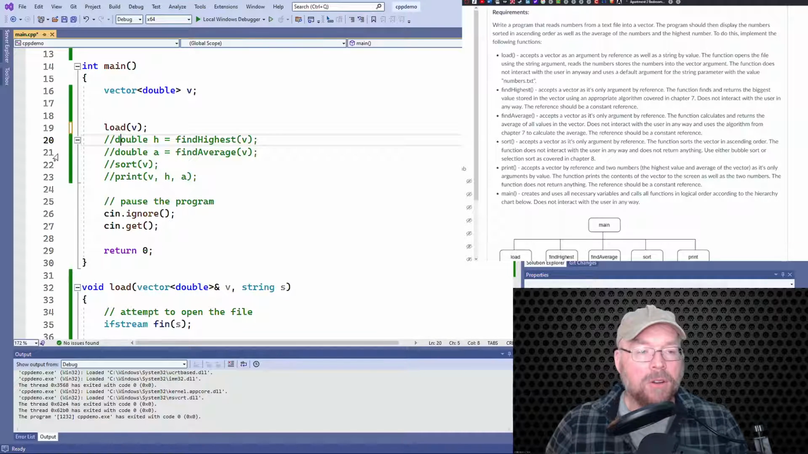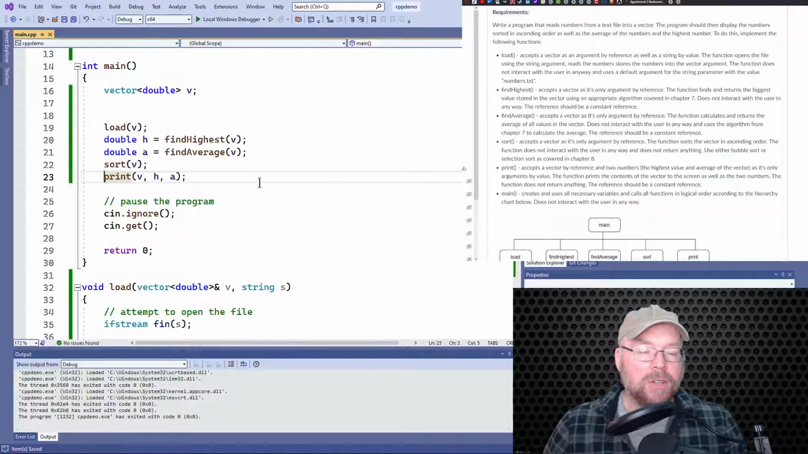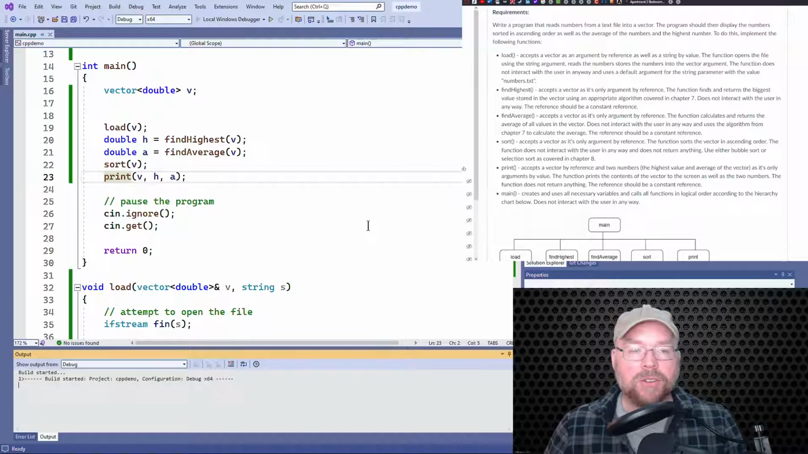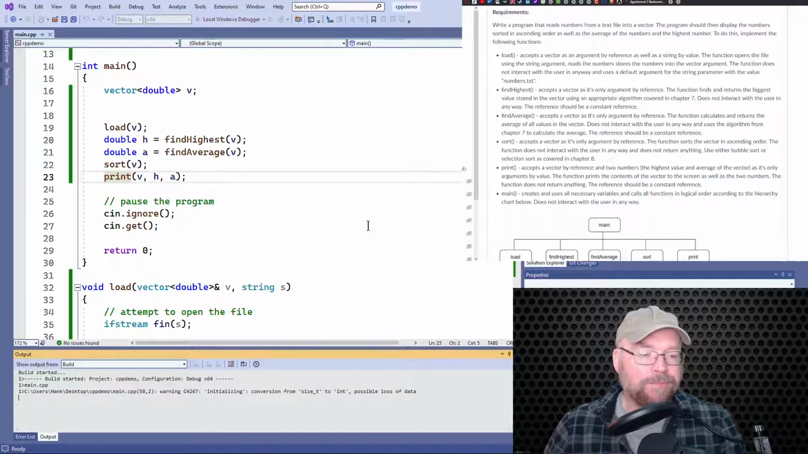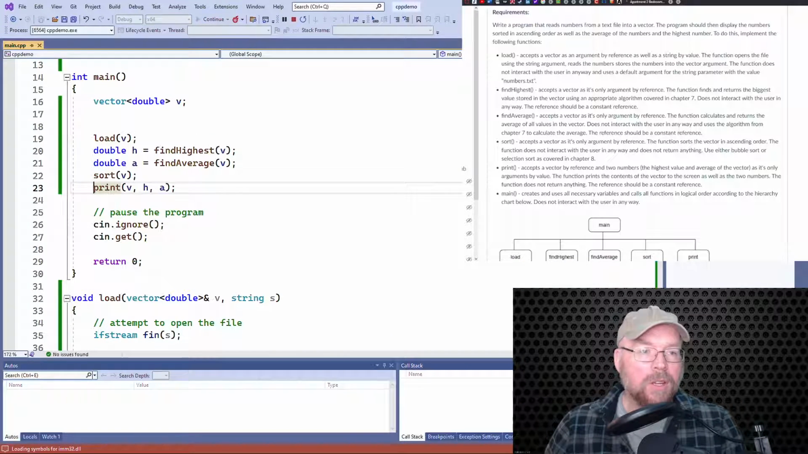Okay, so I know my load function works. I know my find highest works. I know my find average works. I know my sort works. I know my print function works. The last thing to do is just integration testing, one final last test, making sure that everything works together. It should. So you can see that the contents of the vector are now sorted, 1.2, 2.7,